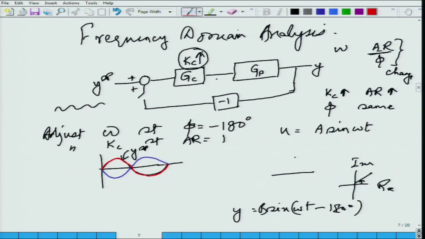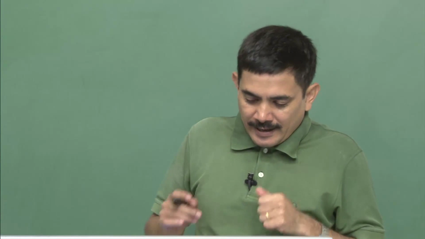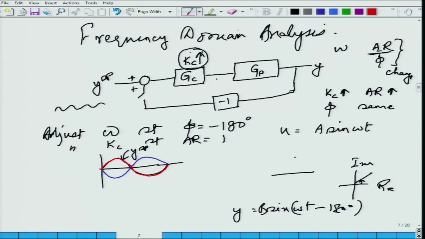Yes or no? Okay. So, if I am at that frequency at which I adjust the Kc such that the amplitude ratio is 1 and the phase shift is minus 180 degree, then